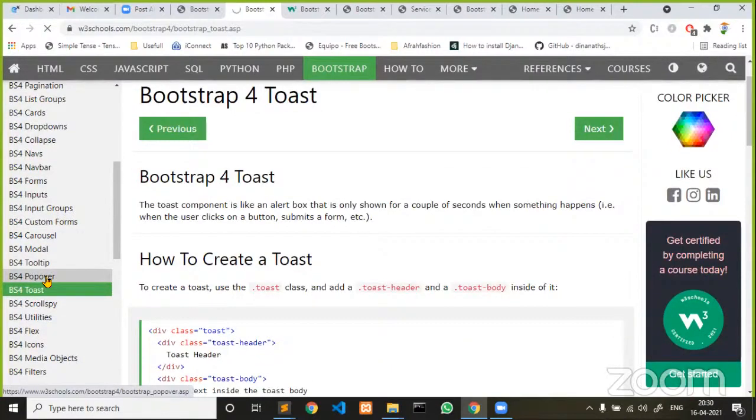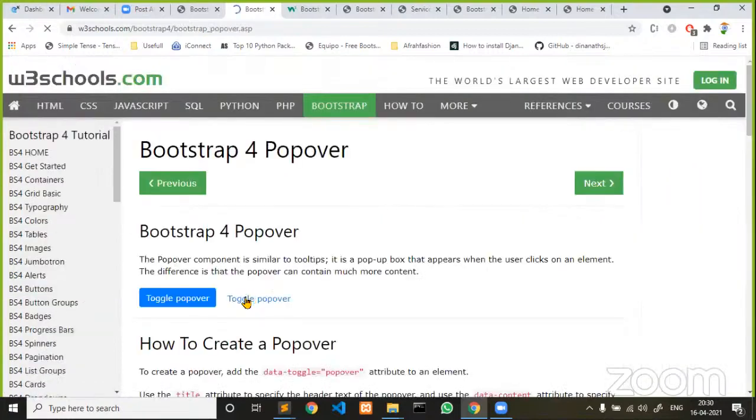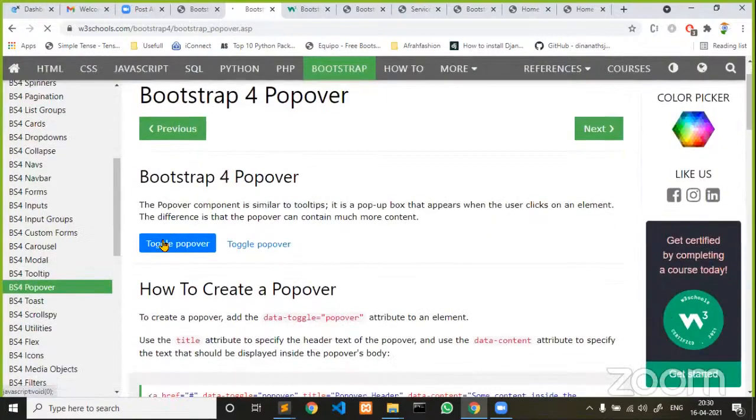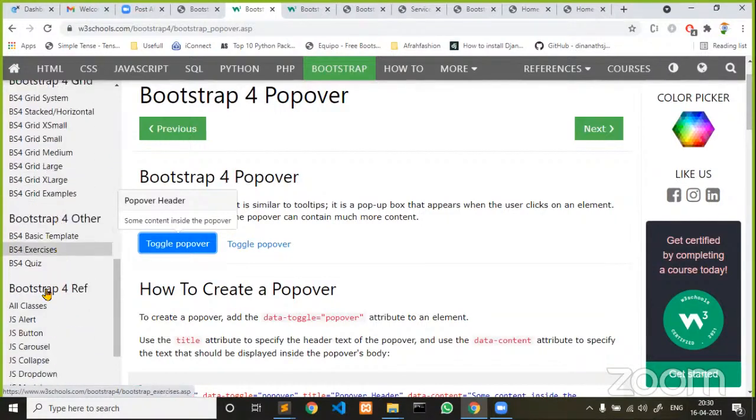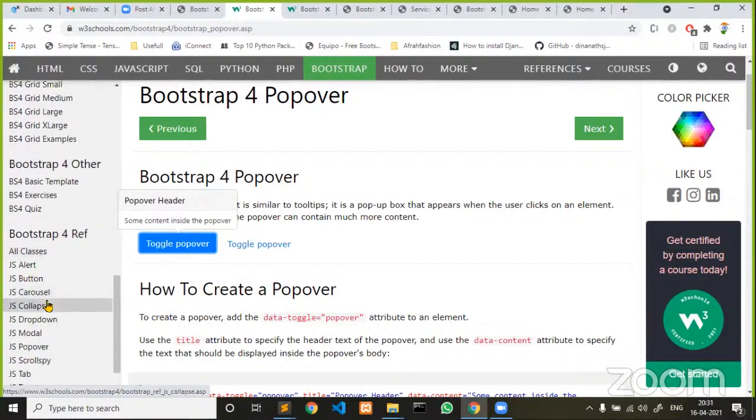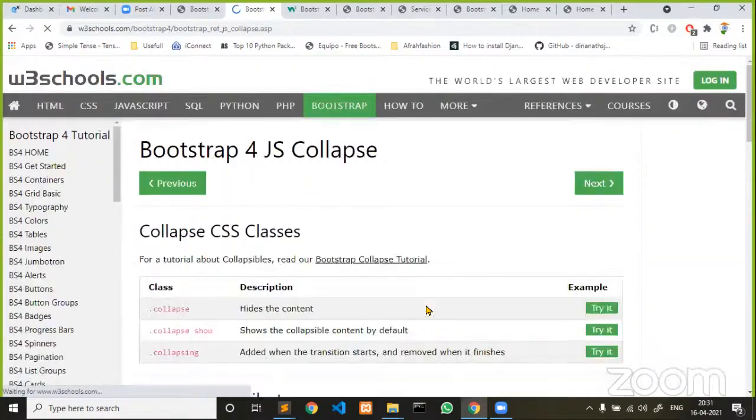And popover. Also, if you wanted to display a message when hovering on an element, you see here. Now this is a popover message. Unclick again, that is going off. If you wanted to display this kind of popover messages, popover is also one of the plugins. Modal we already discussed. And see, some of the advanced concepts, guys, even button, carousel, collapse. You can see the collapse. It is a kind of accordion, I can say.